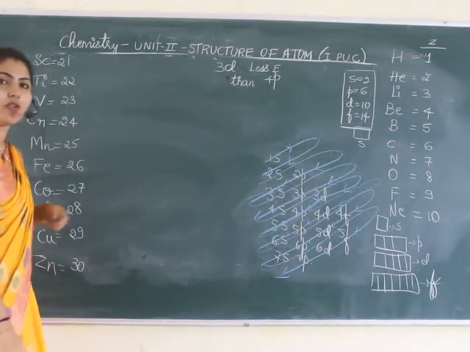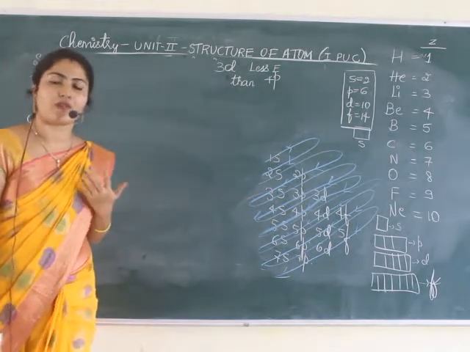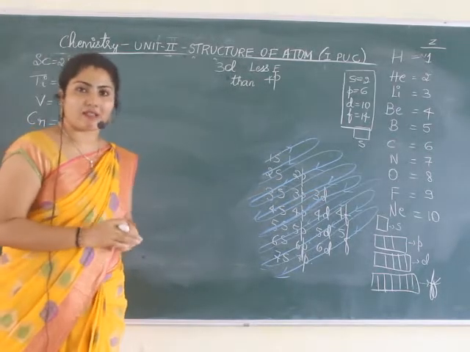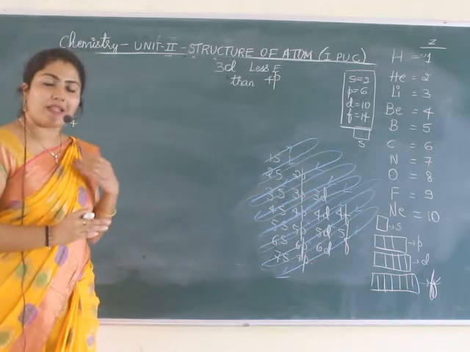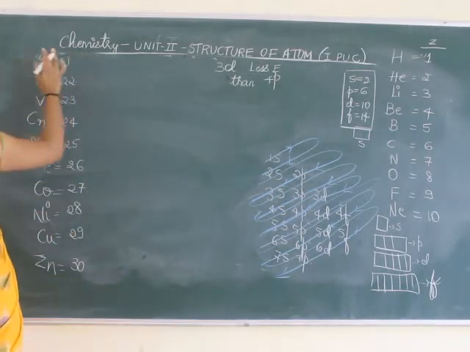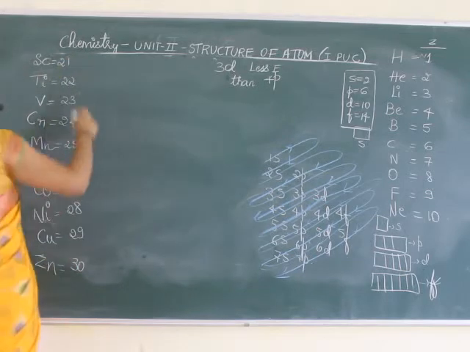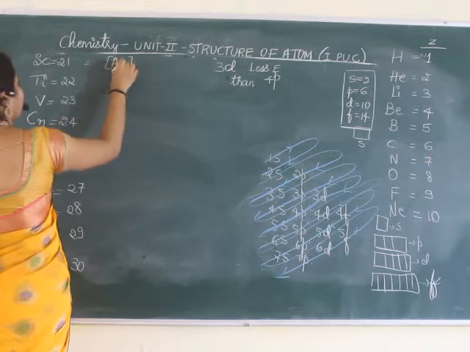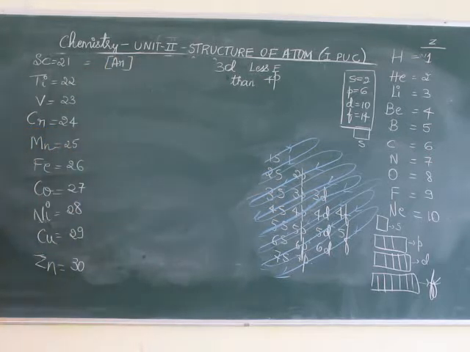Why I am writing all these electronic configurations is to teach you the variation of how the exceptions exist. In the periodic table, the exceptions exist. There are some changes. So for scandium, how do you write? I had told you that we write argon as a standard, 18. After 18, where do the electrons enter? Electrons enter 4s, 3d also, isn't it?